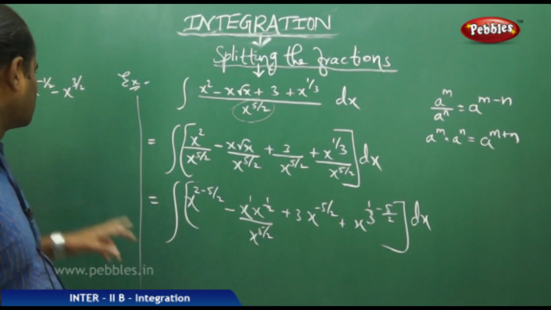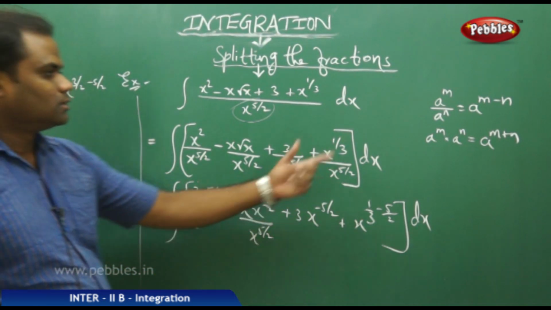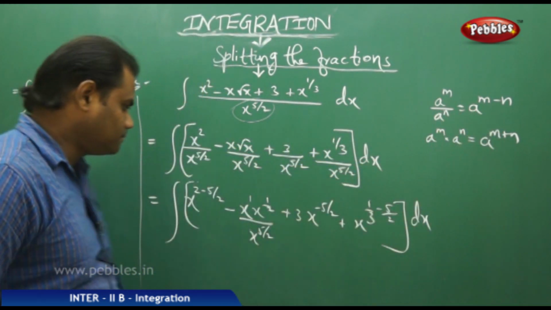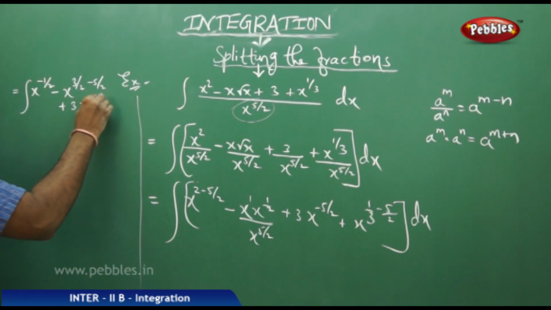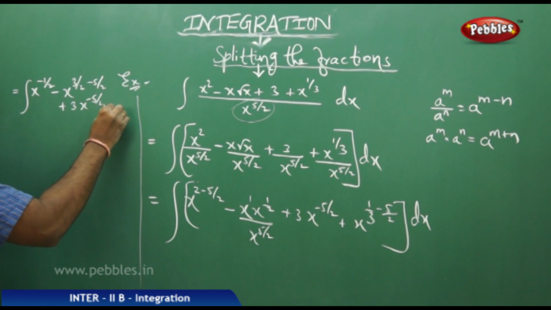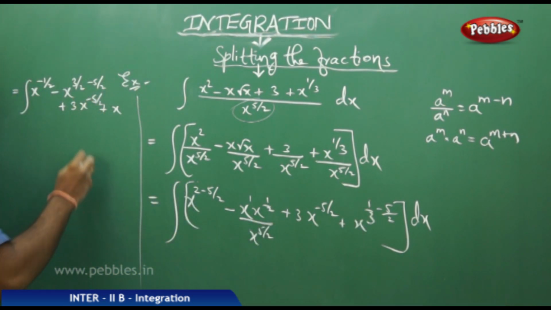So 1 plus 1 by 2 is 3 by 2, minus 5 by 2 using this formula. Plus 3 times this plus x power 2 minus 15